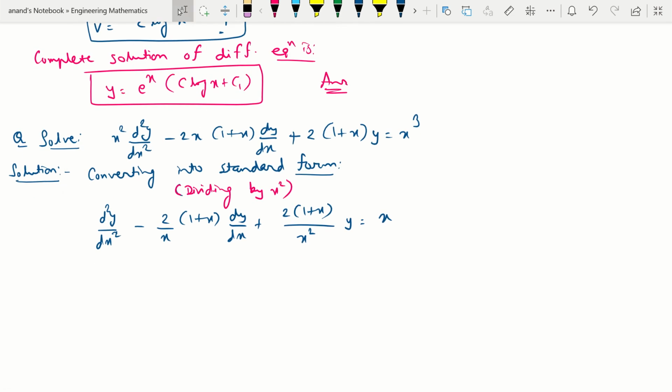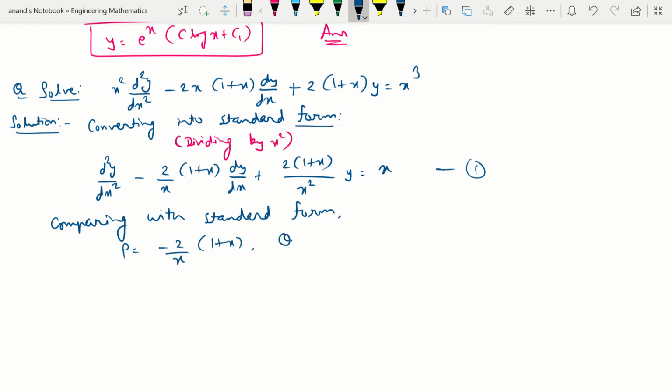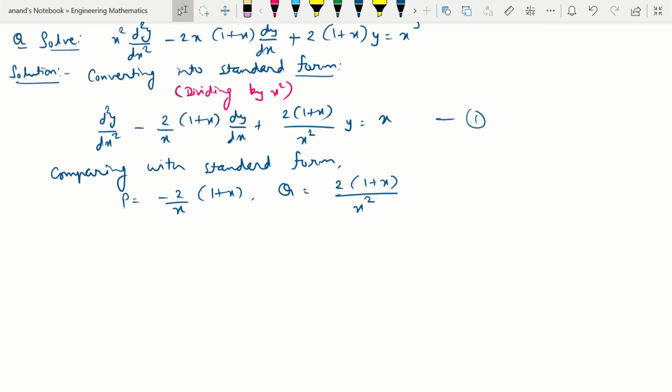So comparing with standard form, this is our equation number first. Now comparing with standard form, we get P is −(2/x)(1 + x) and Q is 2(1 + x)/x². So here,